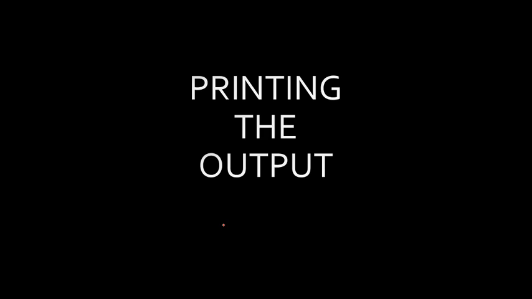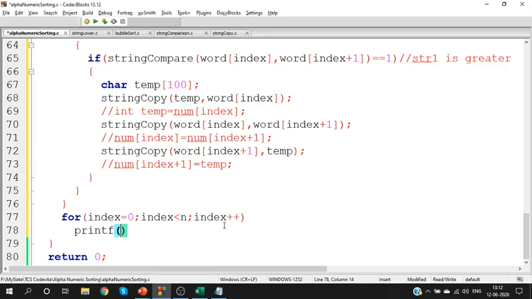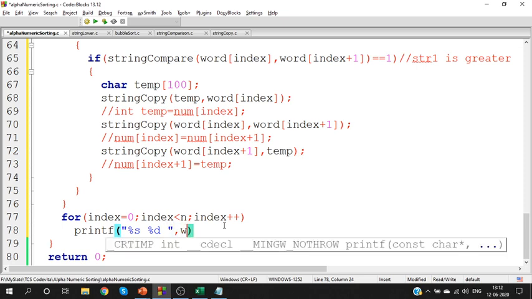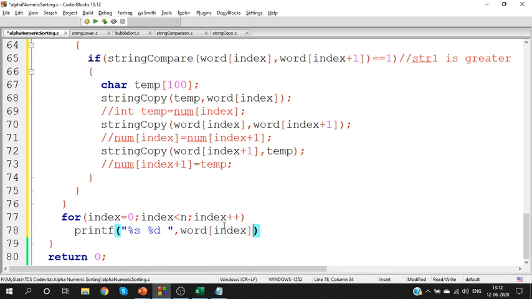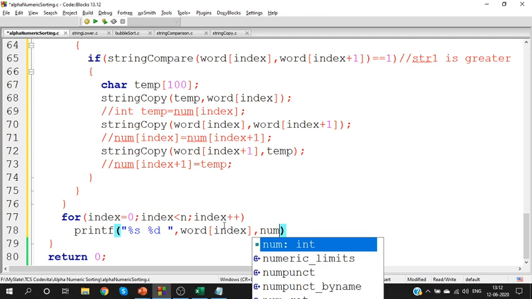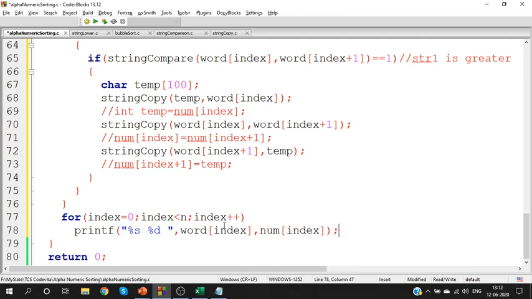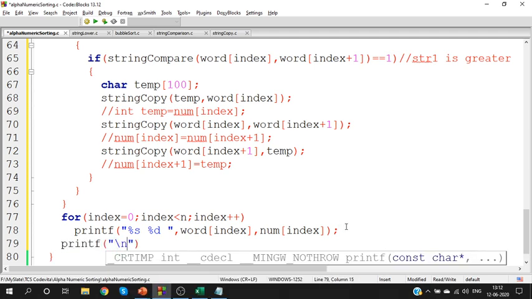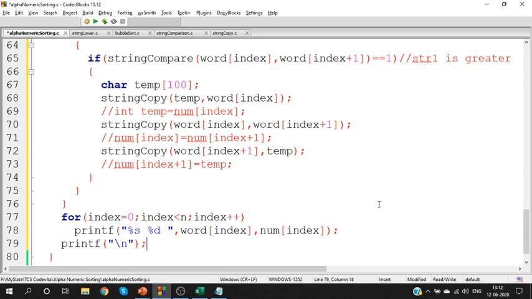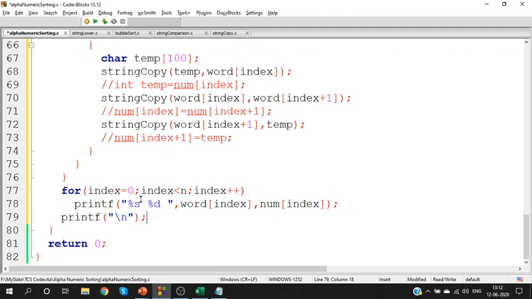Remember the format? Word space number. So percentage S space percentage D. Print word of index followed by num of index. Sorted words followed by sorted numbers. Is it clear? At the end of this, add a slash n. That's it. Print the word followed by number, then go to the next line.